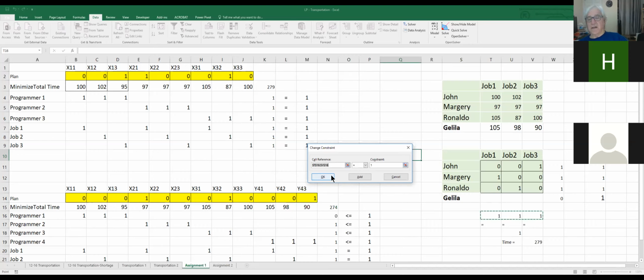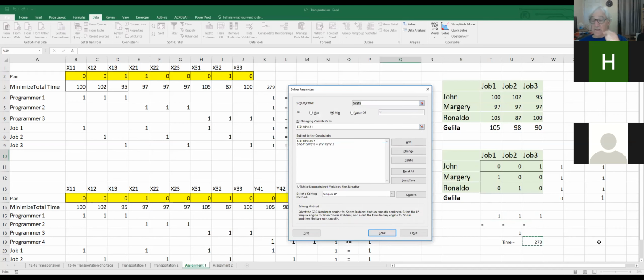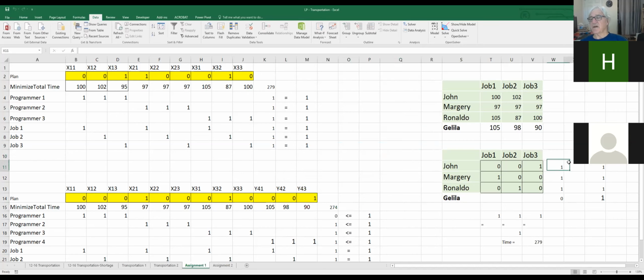Now I go to these constraints. Now, because we have 4 workers and only 3 jobs, I cannot force the model to assign 4 workers. If you do, by the way, it will come back to you immediately and say infeasible solution. You asked me to assign 4 workers to 3 jobs. Impossible. So I have to correct it, and you know how already. I'll write here, close, and correct it. I'll write here, less than or equal to,